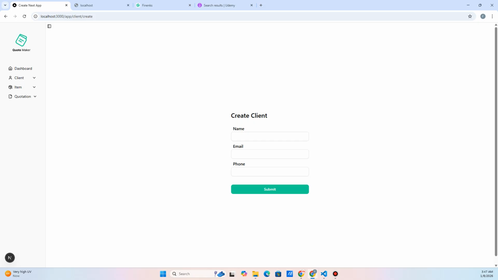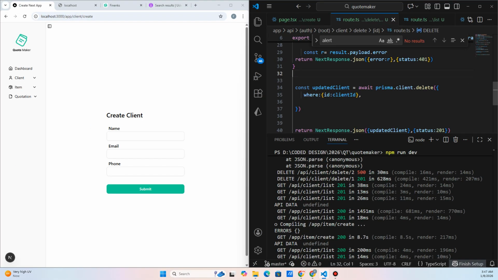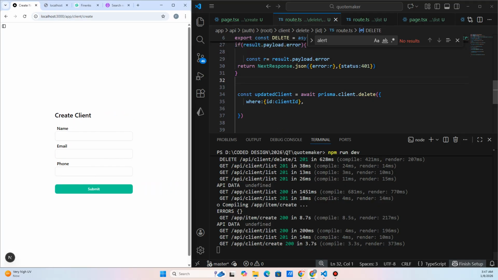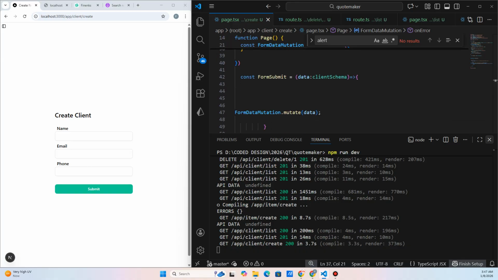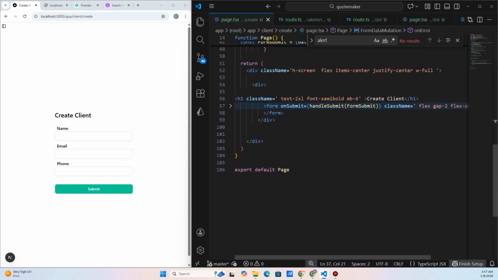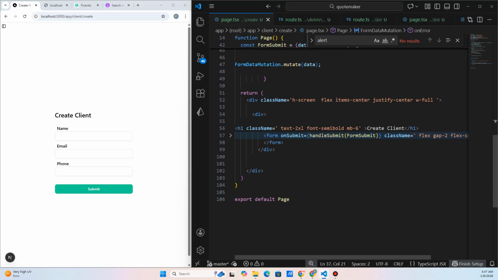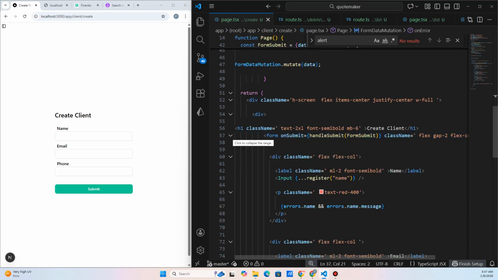Okay, so let's go to the code. Let's quickly go to the code. Okay, let's go to any create. Let's look at something that says create clients. Okay, this is a form. Let's expand this and see, here is create client. So I want to use the same sizes and the same styles. So let's quickly go to